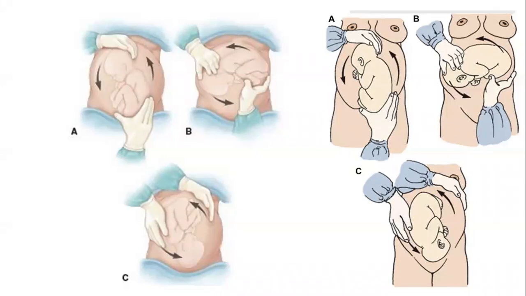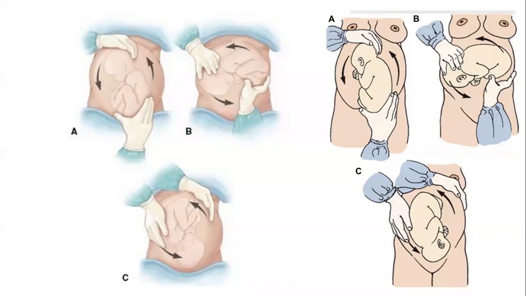This method of abdominal palpation is low cost, easy to perform, and non-invasive. A good doctor or very experienced RN can do this. So if we see the picture here, number 1, the first maneuver,